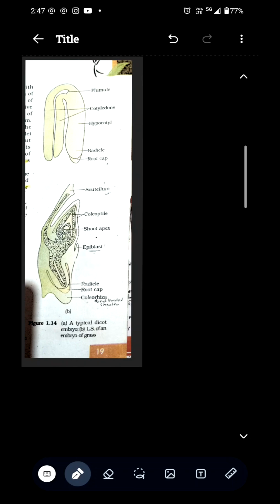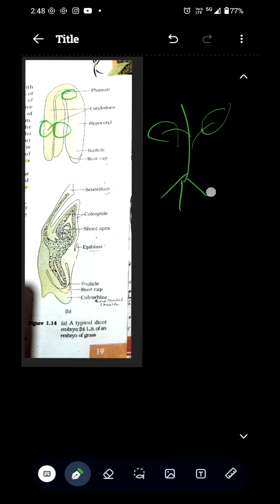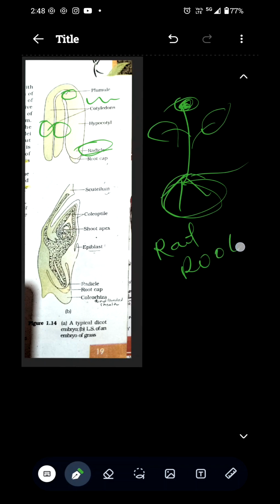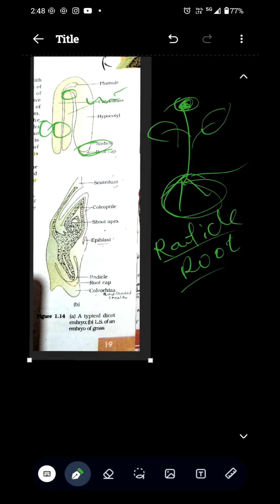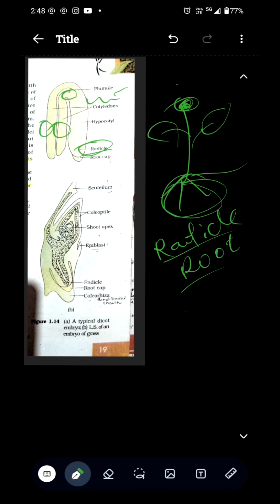Now let us go to the next picture, where they are showing a typical dicot embryo and a longitudinal section of an embryo of grass, that is monocot. Grass belongs to the monocot family. So coming to the dicot, can you observe the dicot here as they have shown? Two cotyledons will be there. Dicot means obviously two cotyledons. Plumule will act as a shoot tip. If I consider a plant, obviously there is a shoot tip and root tip. The precursor of the shoot tip is plumule, whereas the precursor of your root tip is radicle. Remember like this: R for radicle, R for root. And then the remaining is your plumule, which will act as a shoot tip. And then you have the root cap, which is a thimble-like structure which helps to protect the root tip,